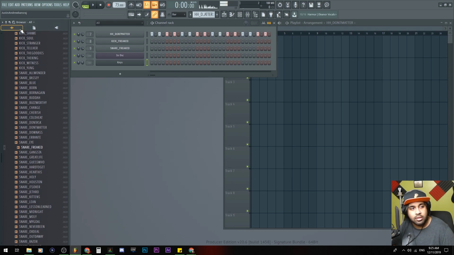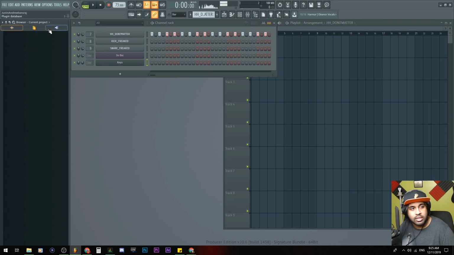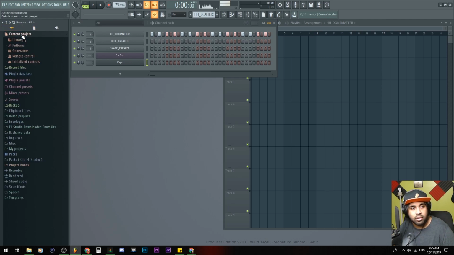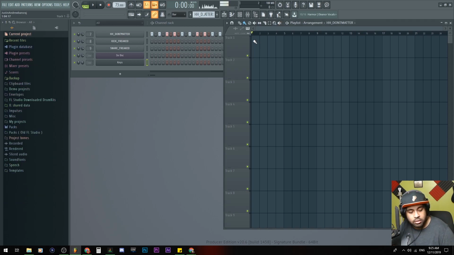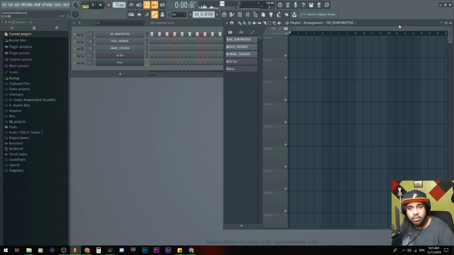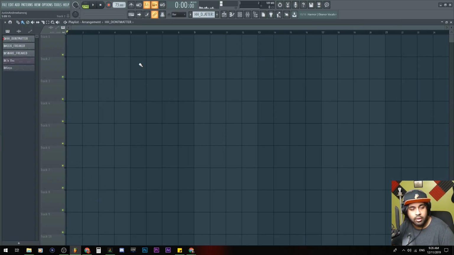Additionally, if we go back to this browser part, let me go to the beginning. Remember the current project, which for some reason is not showing in here. I don't know why. But if you go to the current project patterns, you can see they turn into their own individual patterns. By default, you'll see something like this at the side of your screen, which I'm not a fan of for myself, but if you want it, then cool.